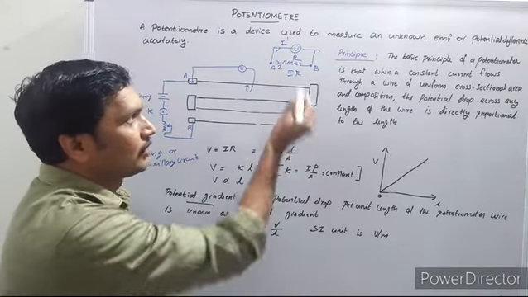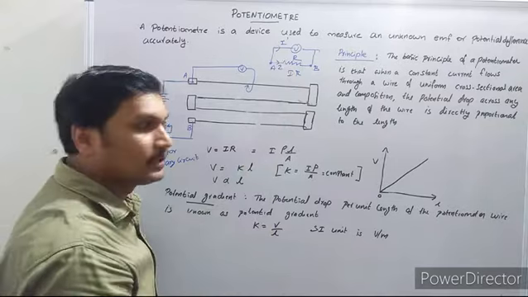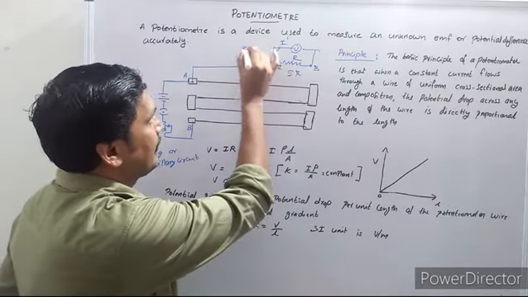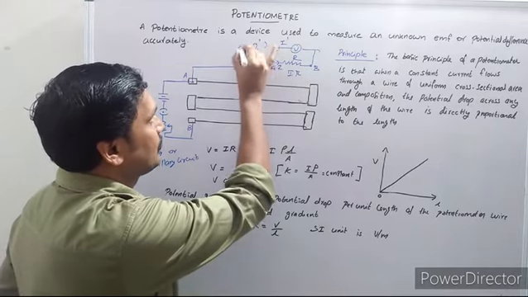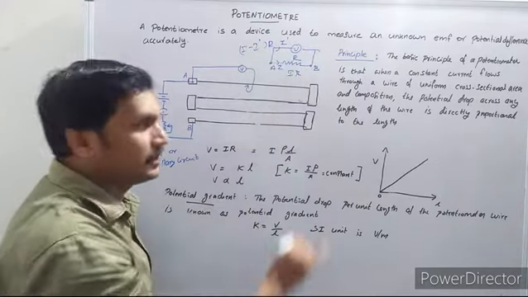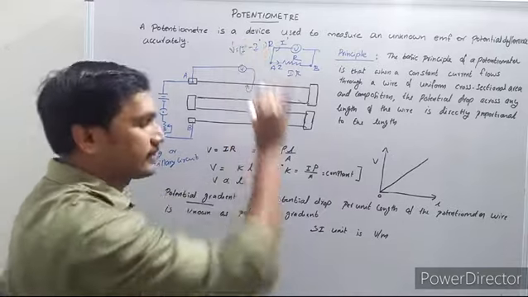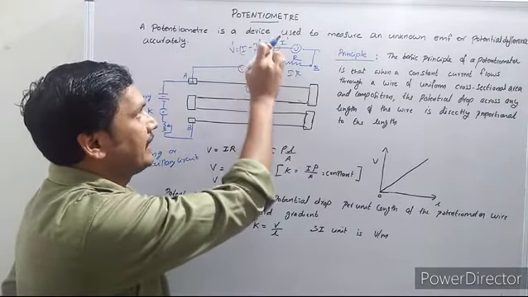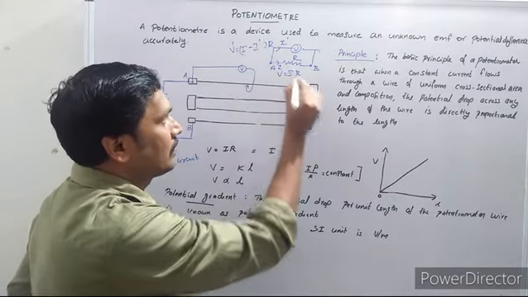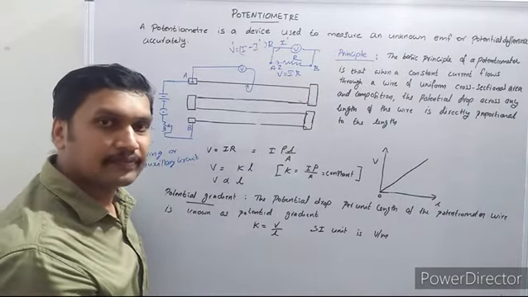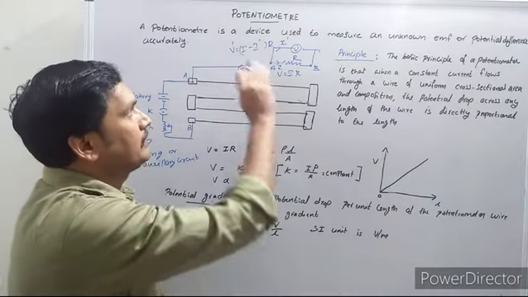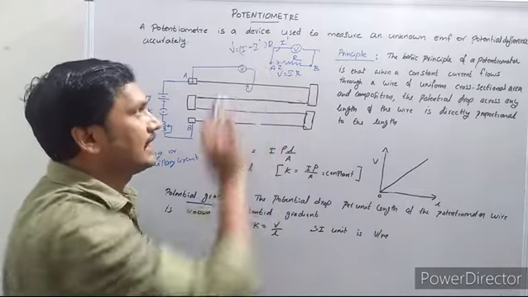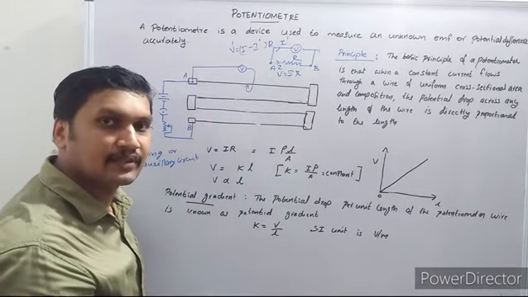But as the voltmeter draws some current, the potential difference shown by the voltmeter will be only I minus I dash into R. That is the virtual potential difference. The voltmeter shows only this V dash, equal to I minus I dash into R. But the actual potential is V equal to I into R. That's why a voltmeter always reads a potential difference which is less than the actual potential.